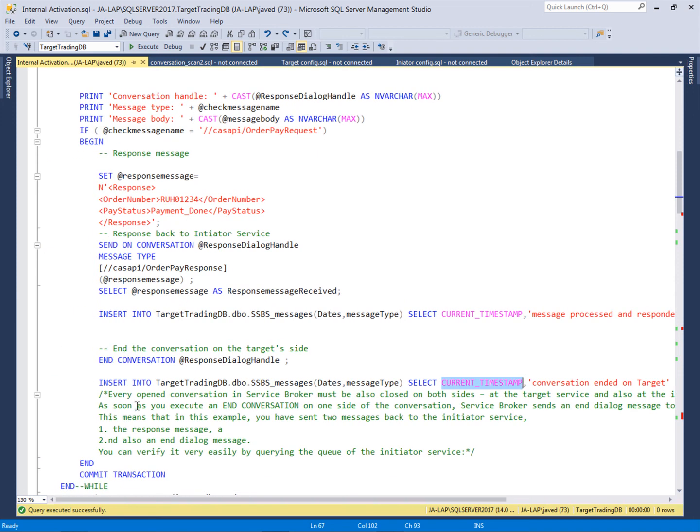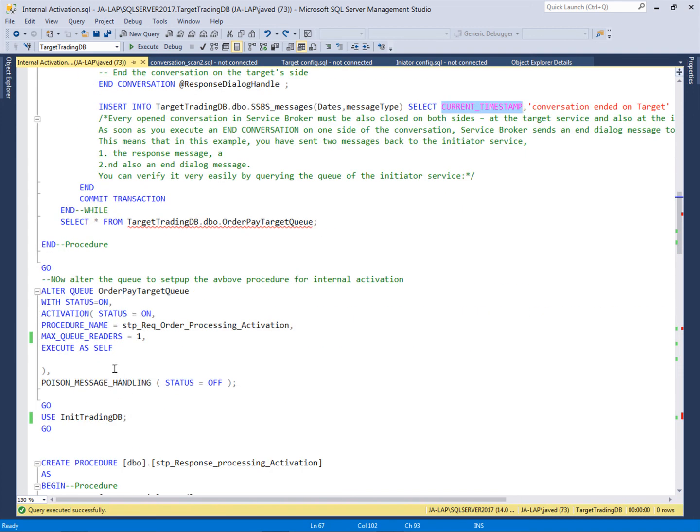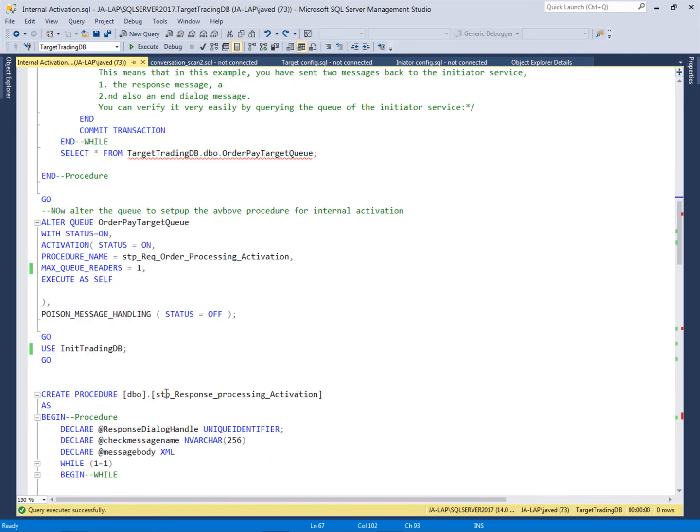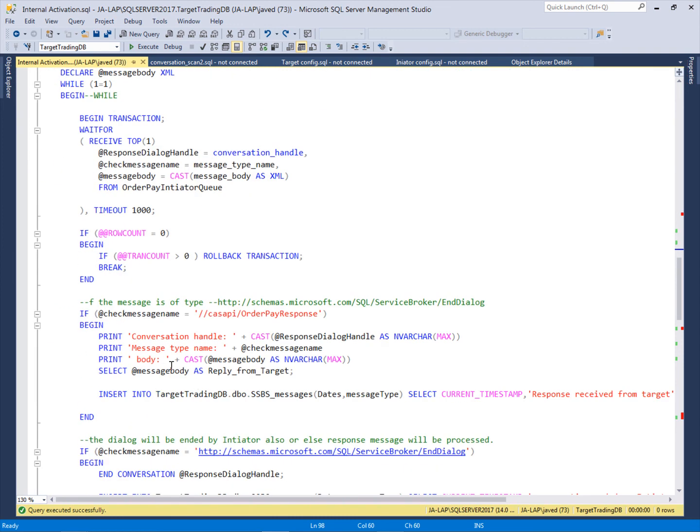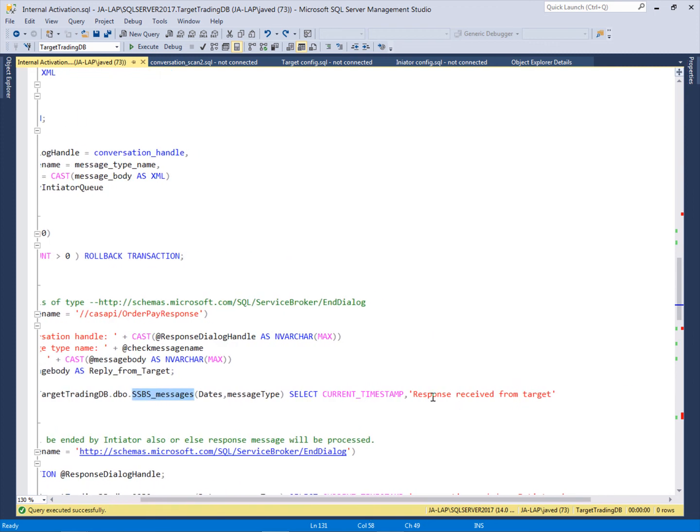Then on the initiator service, this procedure will be automatically called, and it will retrieve the message from the initiator queue and process that message. After that, it will add a record into my temporary table that the response was received from the target, and this is the time when it was received.